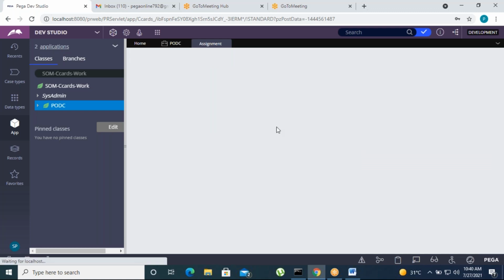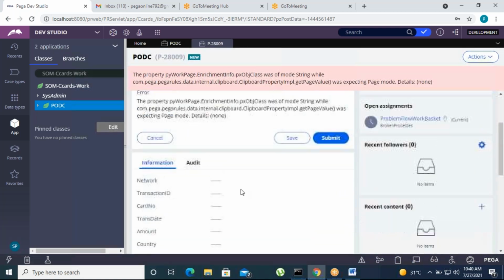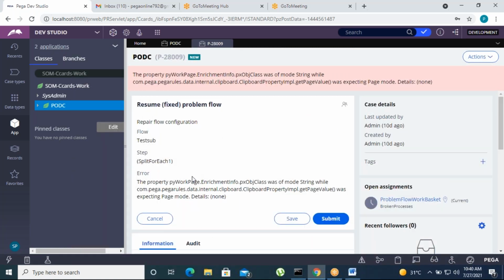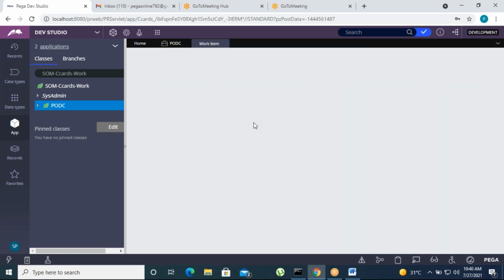If you click on begin, one UI is displayed here. It will ask you for a case ID, and then we can search the case ID and retrieve the data. Okay, that is nothing but how to retrieve the data based on the case ID. Suppose this one was recently created, 30002, and click on begin now.